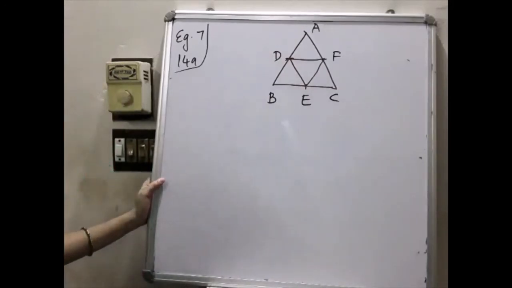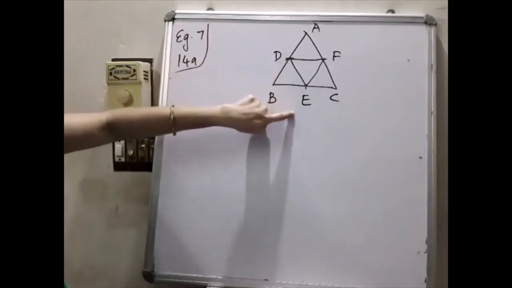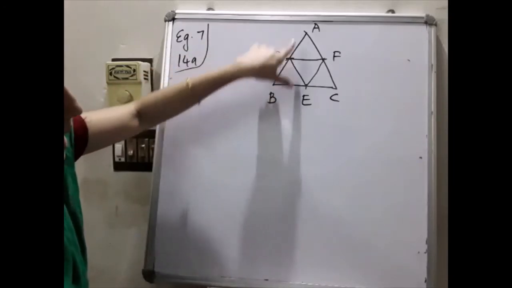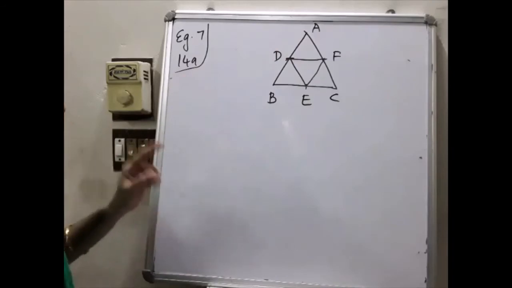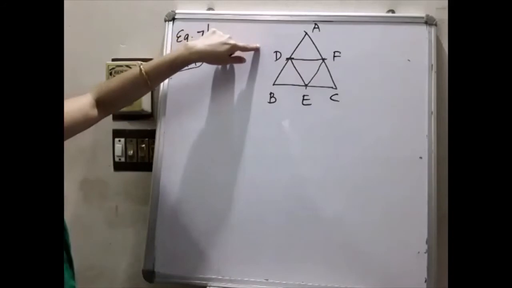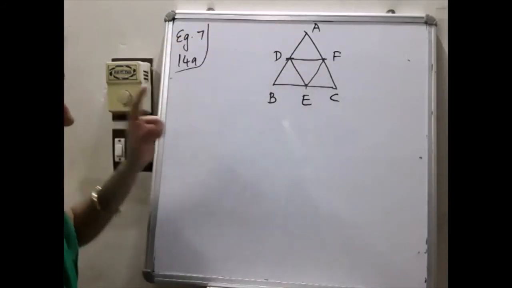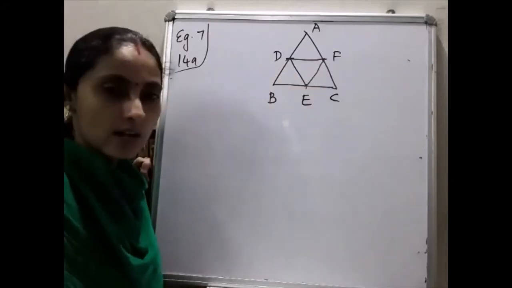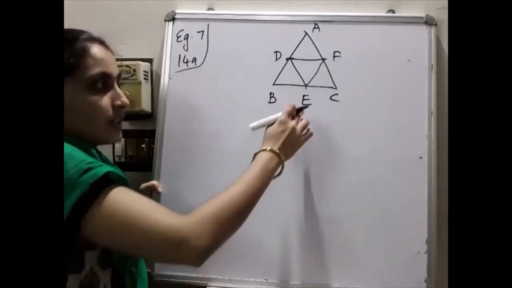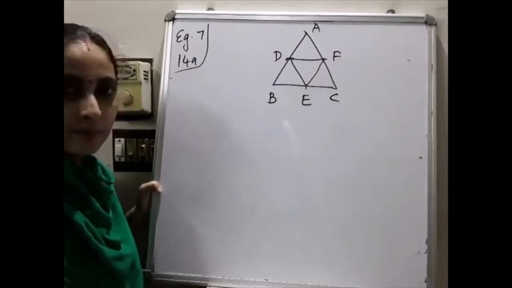Okay. So listen here. While you are moving through this, what we can say? If D and E are the midpoints of AB and BC respectively, then DE is parallel to AC. Likewise, if we are taking EF, then EF is parallel to AB and EF is equal to half AB. What is the reason? E, F, D are the representatives only.